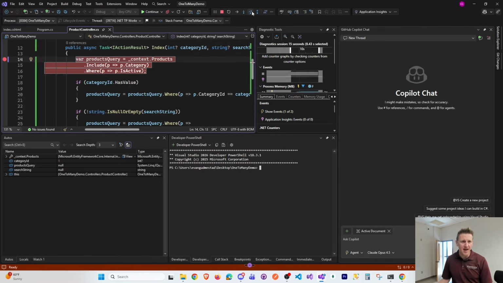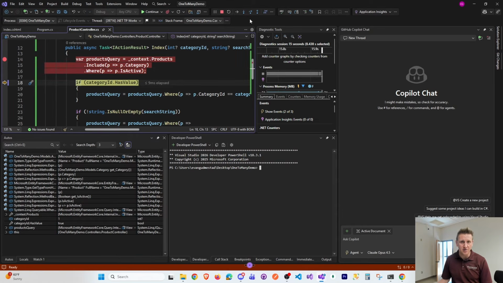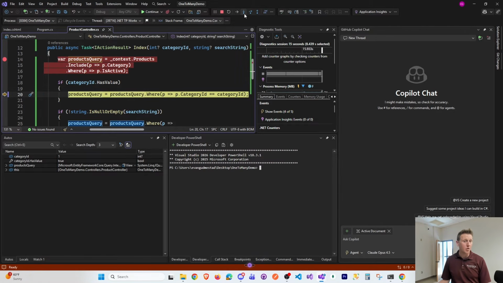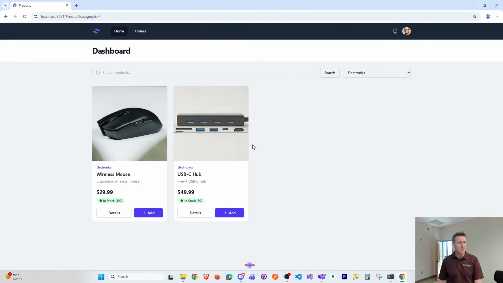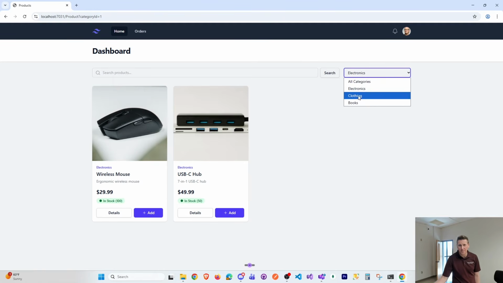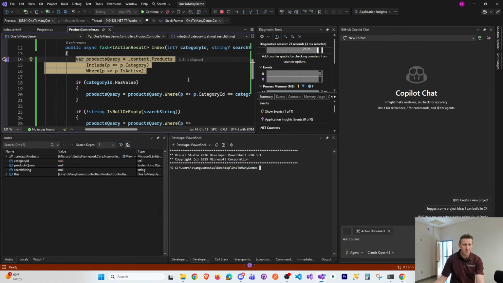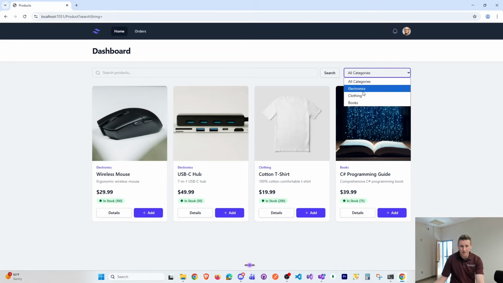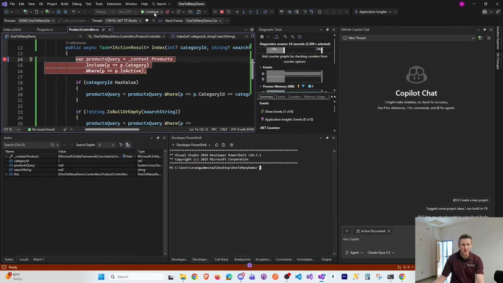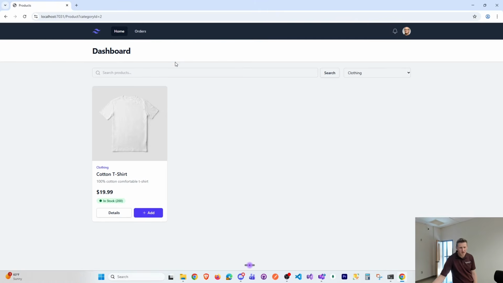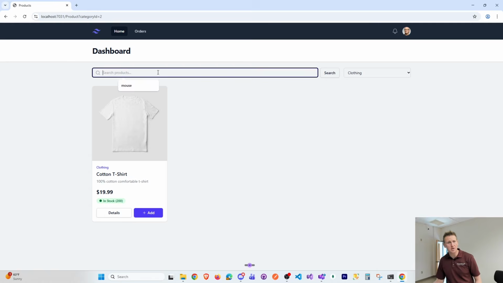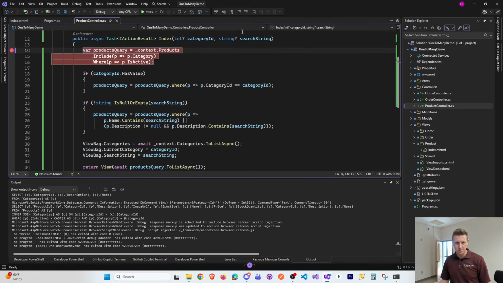We can hop over that. Category ID now has value, so that's true. And we update our LINQ query to the appropriate category ID, and we get 2 electronics back. Clothing search, excuse me. I don't need to hit search. I just need to hit clothing and then hit continue. Clothing. There we go. Continue. There we go. So a little bit of filtering on our